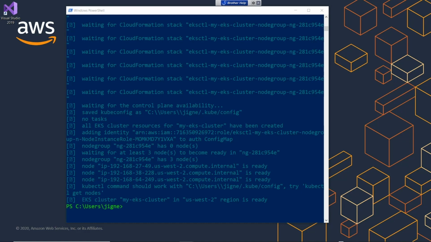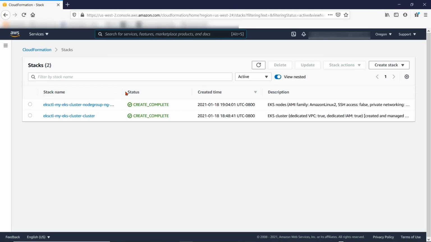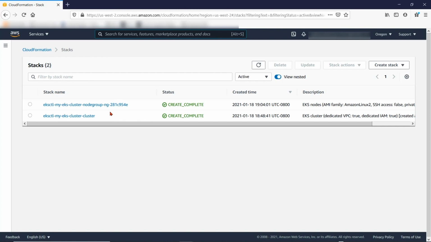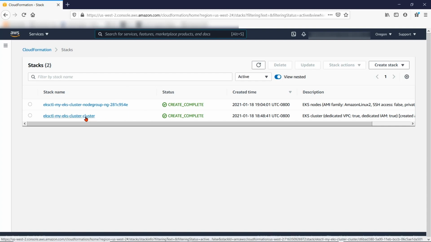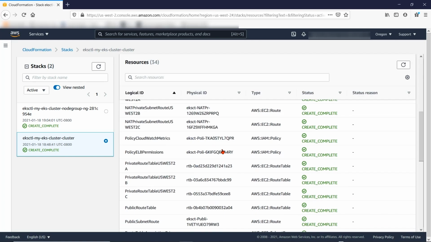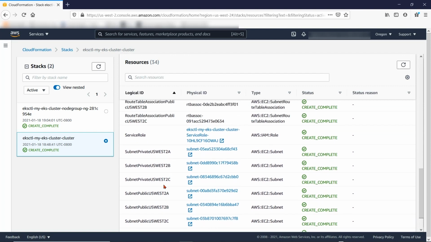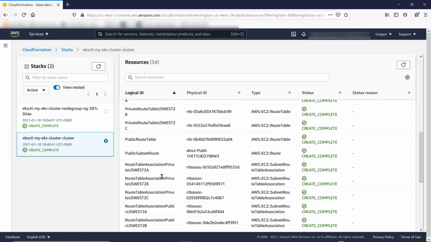Let's go to the AWS console and check CloudFormation. You can see in CloudFormation it has created two CloudFormation stacks. One is for the Kubernetes control plane, and the second one is for the worker nodes. If you go to this CloudFormation and go to the resources and scroll down, you can see it has created a VPC. It has created 3 public subnets and 3 private subnets.